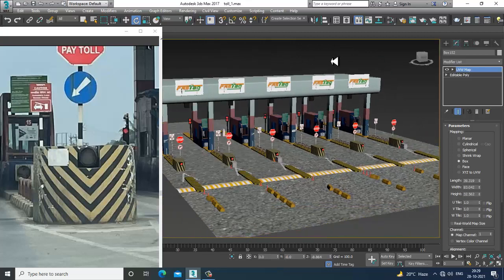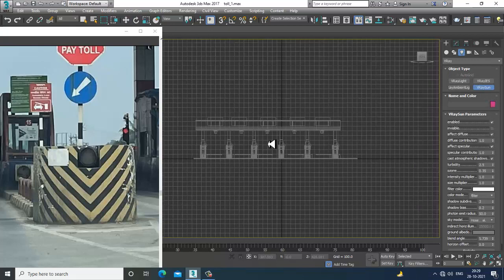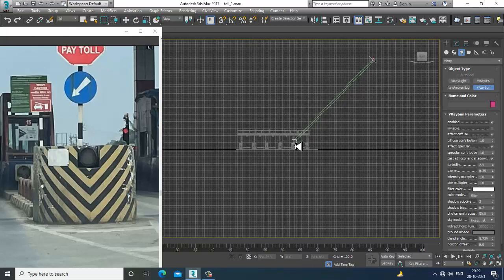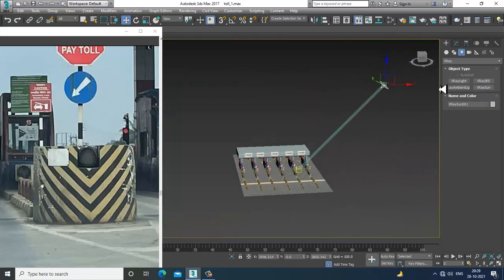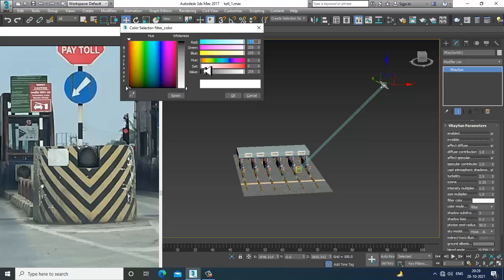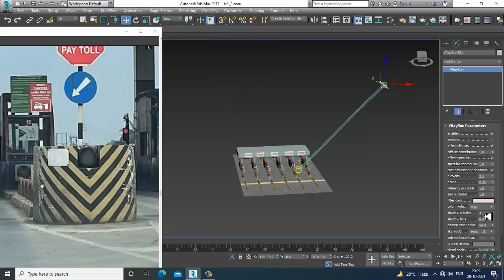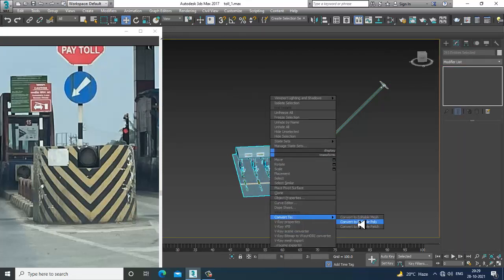I can go over here and try to add a V-Ray sun. I'll slightly give a color to it. I'll press Control A, convert to editable poly, and select this light.